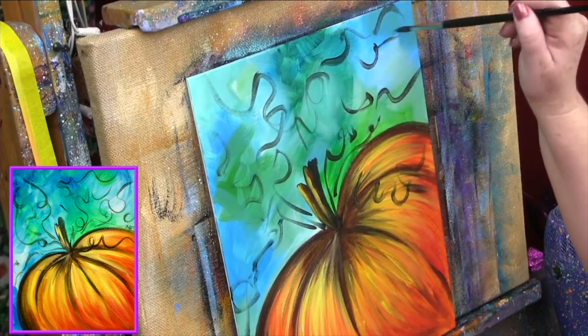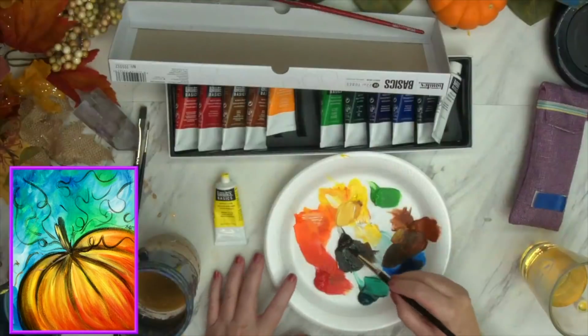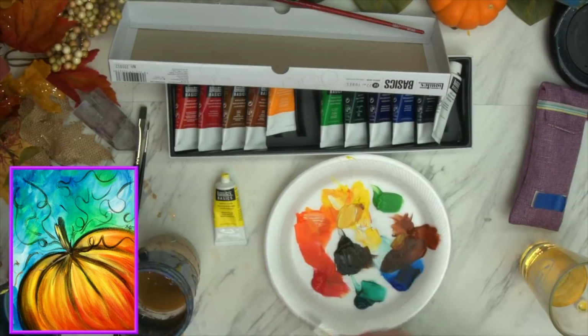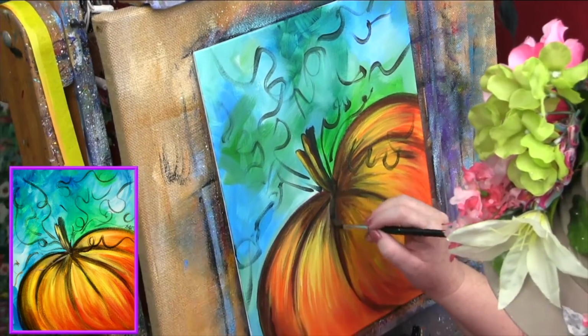You go in there and you say, all squiggles are valid. It makes me think of an art critique where you're going to have to stand there and defend your squiggle. Defend it. Defend it. Okay, so...